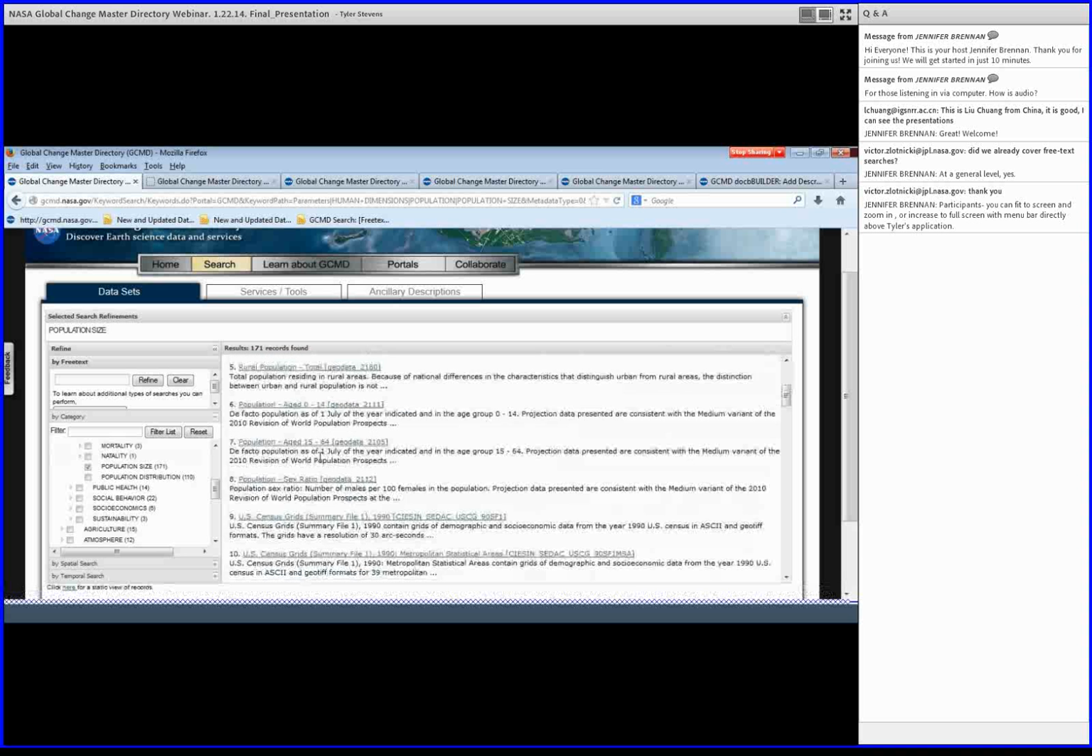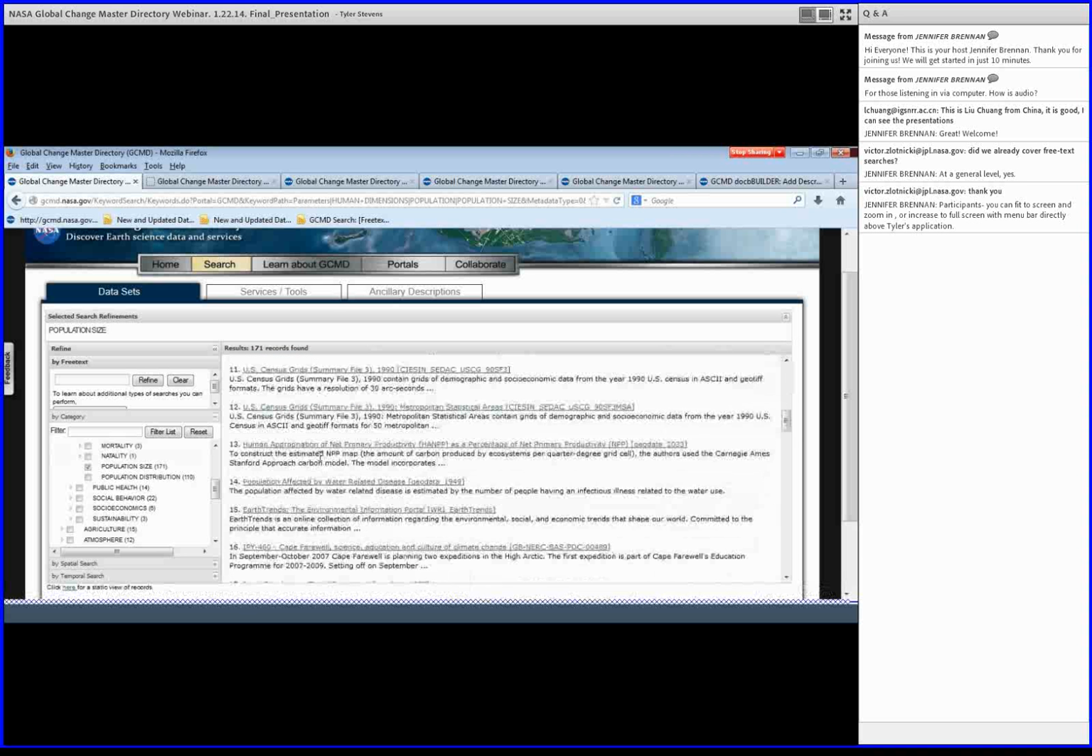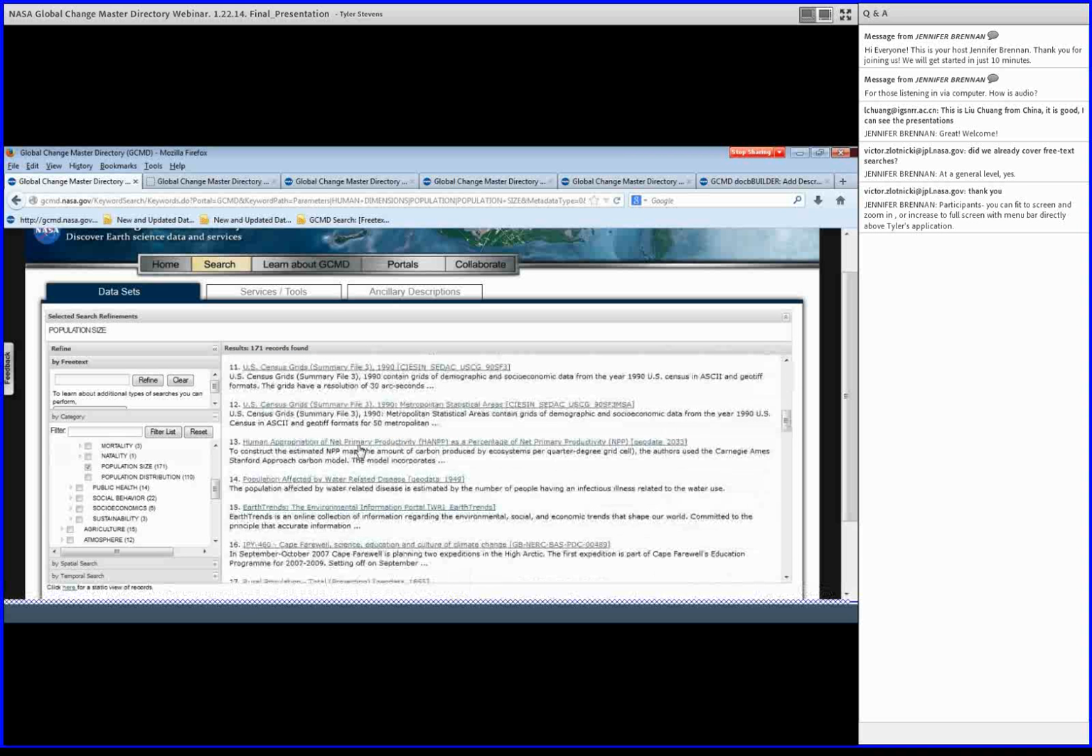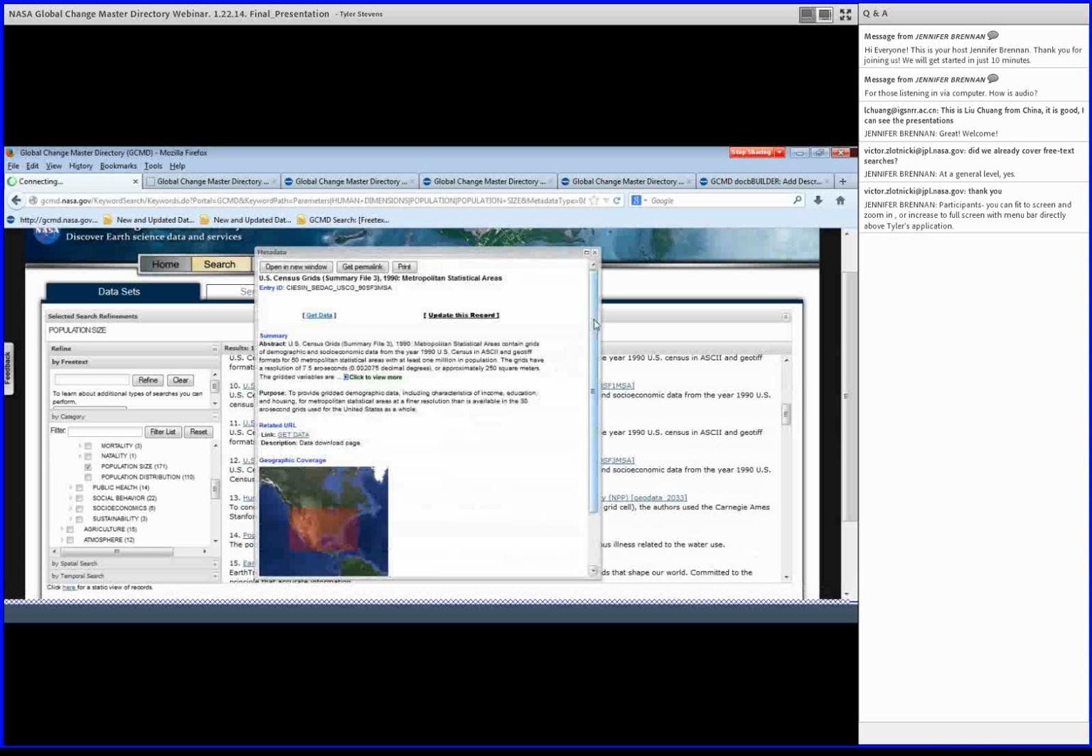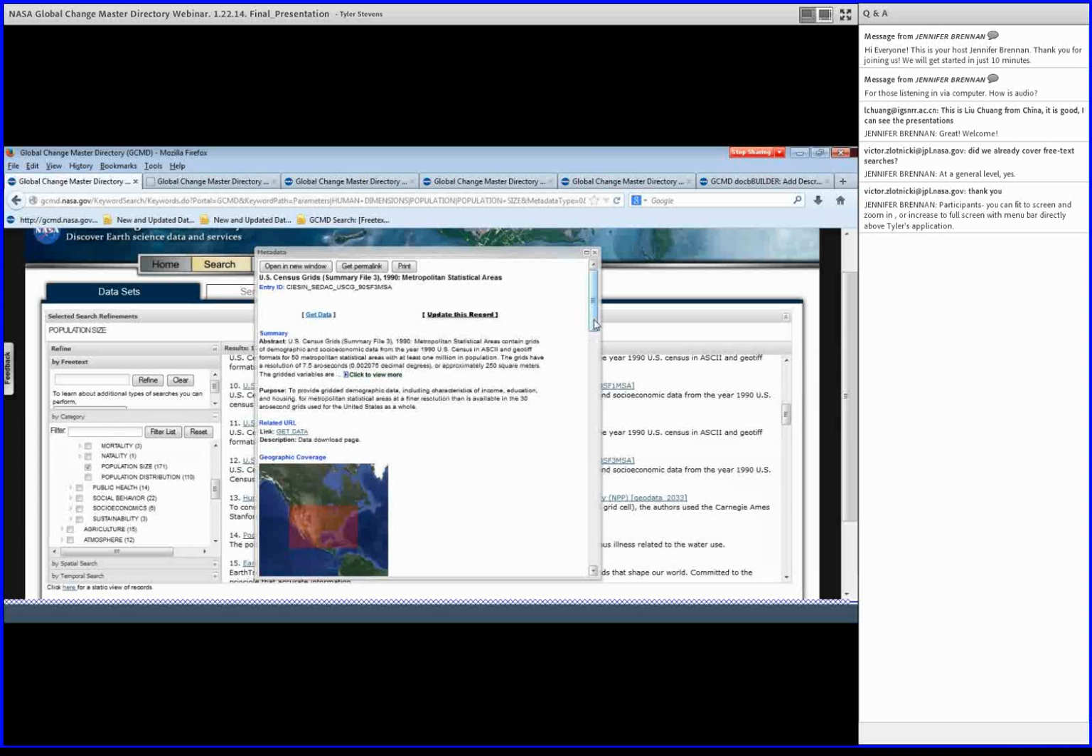So I want to click on one of these records right here. I'm interested in these U.S. Census grids. Once I click on the list of titles, this brings up one of the Earth Science Description Metadata Records, which describes this particular data set from CDAC, the Socioeconomic Data Center. And this record has, as you see here, the summary information about the data set,